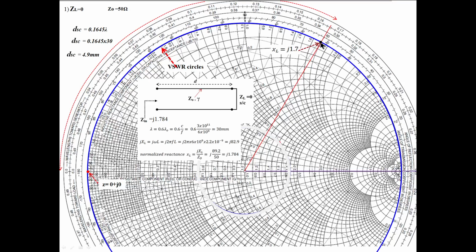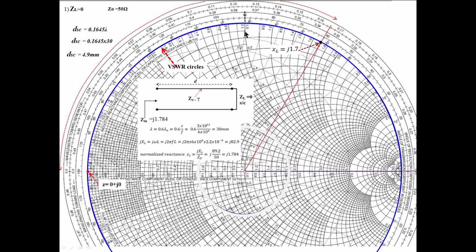On the Smith chart, you try to locate it. See, like this, approximately 1.7 I have marked here. So this is the required value of reactance. I needed this value of reactance. What I did is I moved like this, and as I go on moving, the reactance value changes. Starting from here, I go on moving like this, and the reactance value changes. But I want a reactance value equal to 1.78.